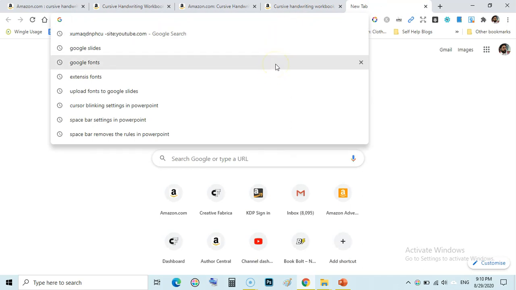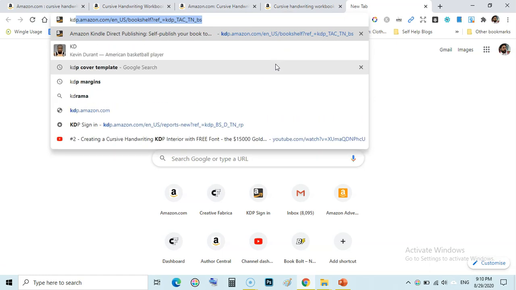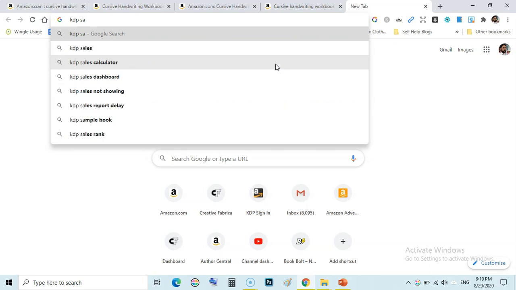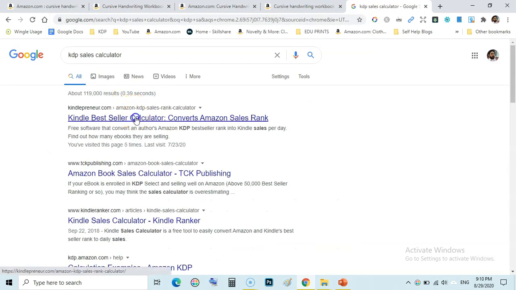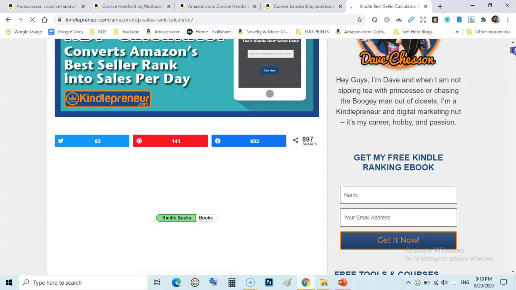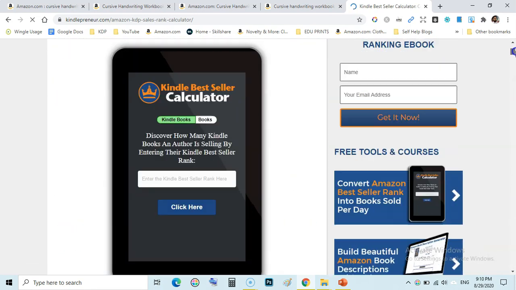KDP sales calculator, and there is the Kindle printout calculator, and we will have a look at the number of sales per day of this paperback. So let's check it out.